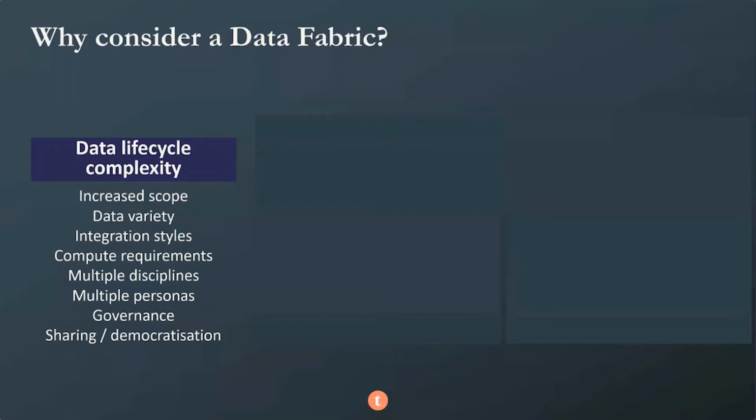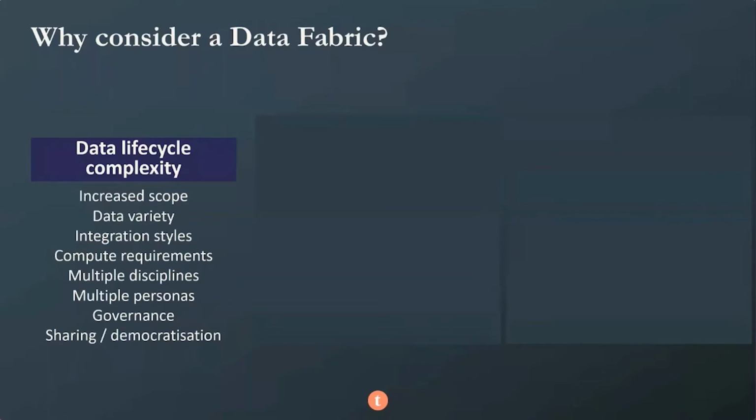Where's the most appropriate place to run this compute? Is it flexible? Does it need to be flexible? Is it intensive? Is it lightweight? We also have multiple disciplines and multiple personas now engaging in the data lifecycle as we federate the concept of integration or ownership of data and accountability of data within an organization, which obviously drives additional requirements around governance and control, during that end-to-end process, which was typically the remit of IT, but now a federated or team sport activity.